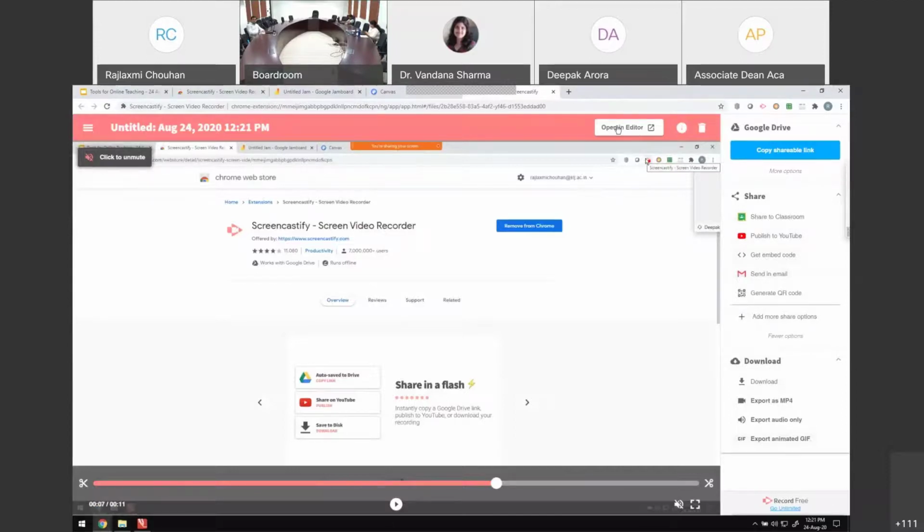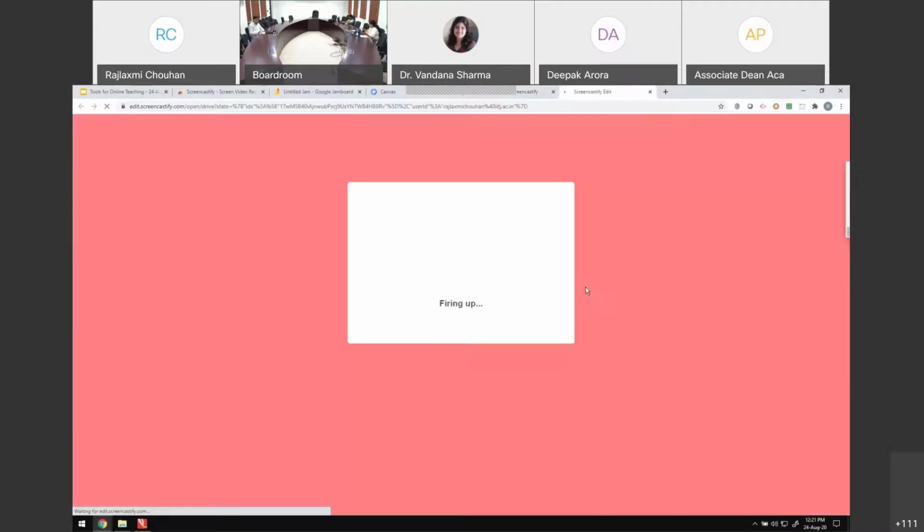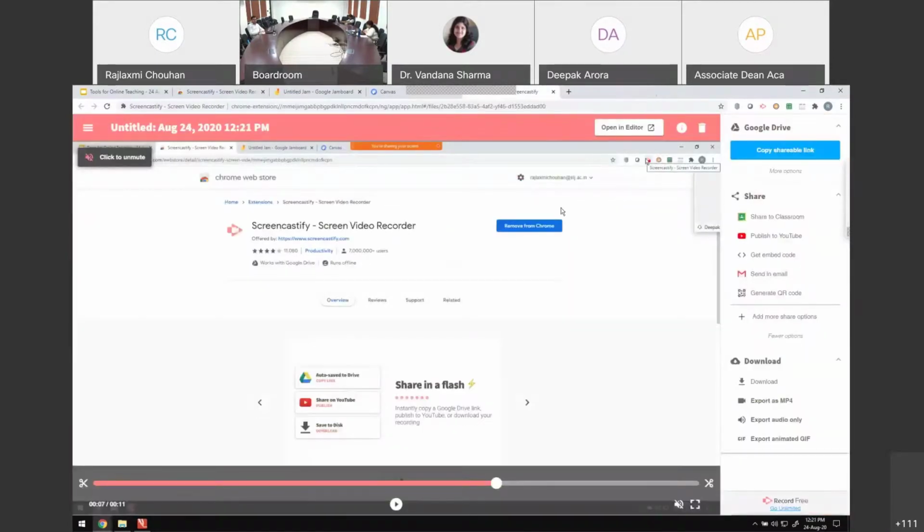You can also open this in an editor, and there you will see options of clipping, like there are some unwanted parts in the beginning or at the end that you would like to clip. So that kind of very quick editing can also be done on the Screencastify extension. The only limitation being that the free version will allow 5 minutes, and if you want to have a longer unlimited version, that normally costs some $49 or $50, but I noticed recently that there's an education license which is much cheaper, which was around $20.